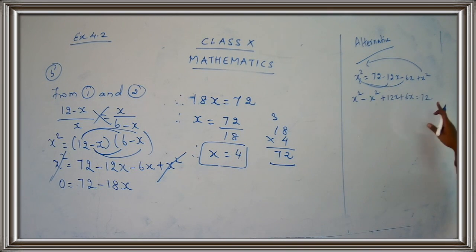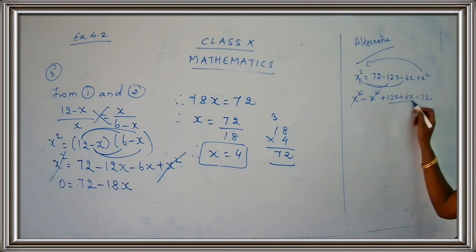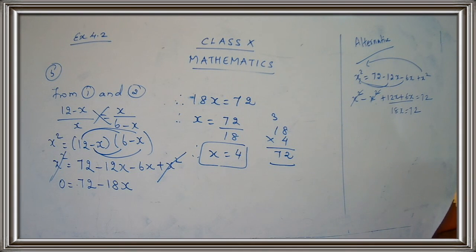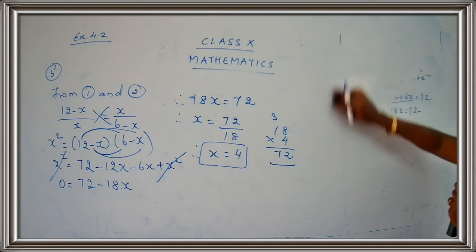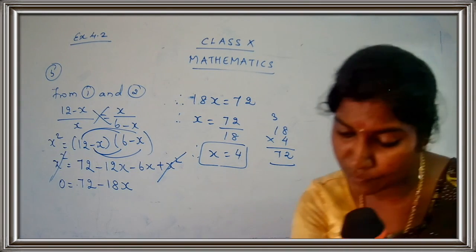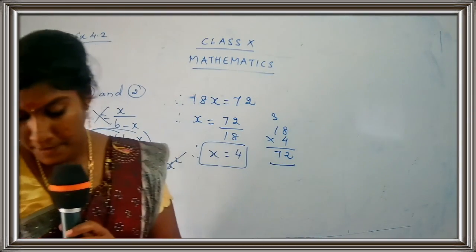So x square, here one x square. And I am just going to bring all the x terms on one side. So plus x square when it goes to the LHS, minus x square, minus 12x plus 12x, minus 6x plus 6x. 72 is kept over here. Again, x square gets cancelled. 12 plus 6 is 18, and you have 72, and that's what we get. Same thing, children. Mostly we get the same thing. Getting my point? So you have a different way of solving the sum.